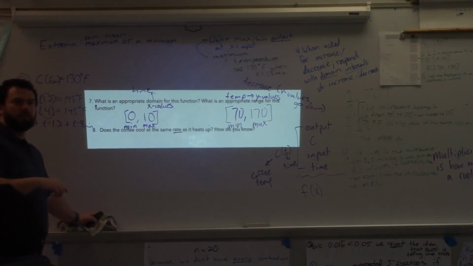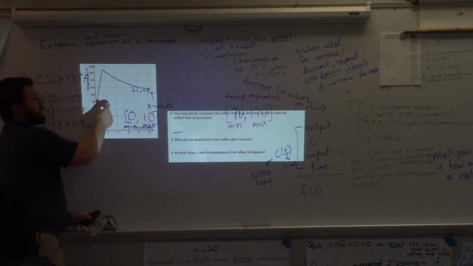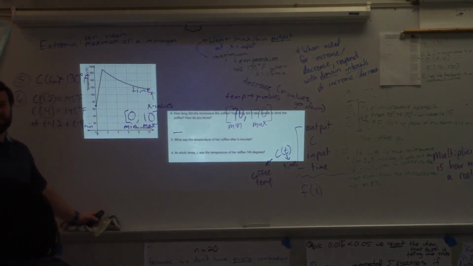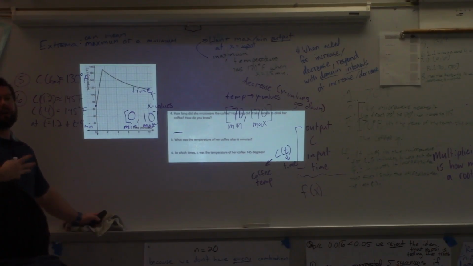Constant rate. It could be a constant, but let's look at this again. That actually is a constant rate of change because it's what shape? Linear. Is that linear? No, so it's not a constant rate of change. It may be exponential. Actually, it probably is based on Newton's law of cooling. So it is exponential, but I was just going to say this, the average rate of